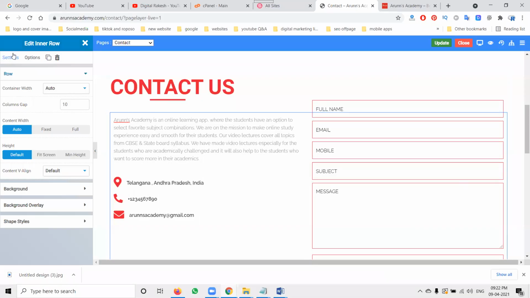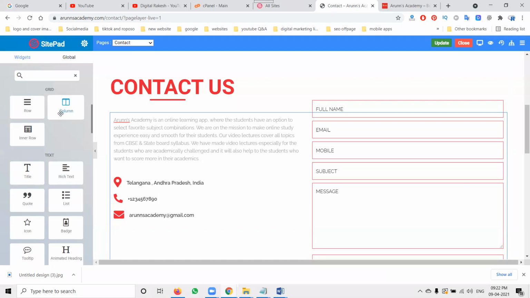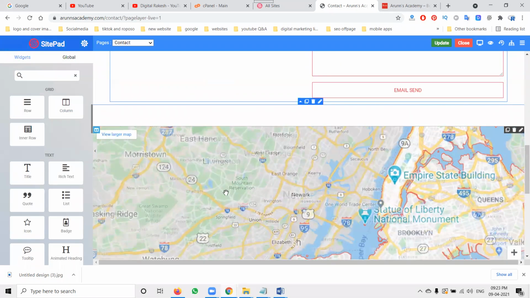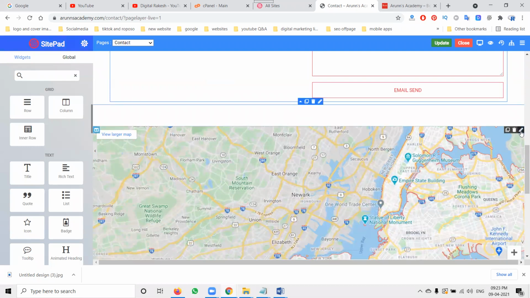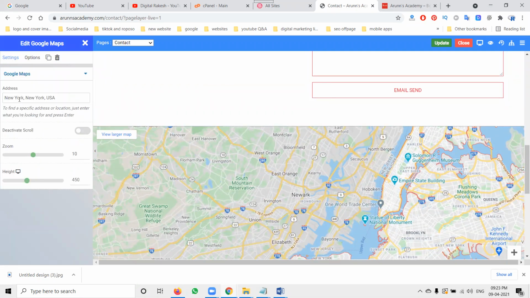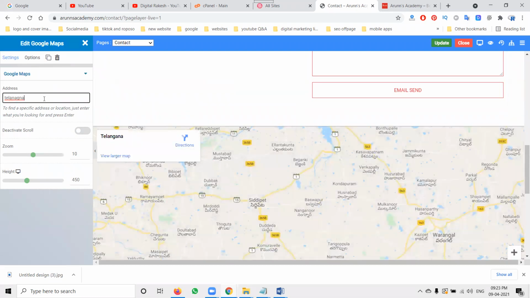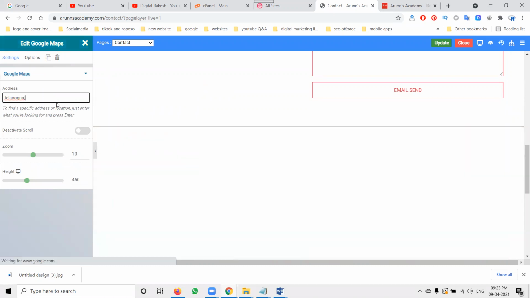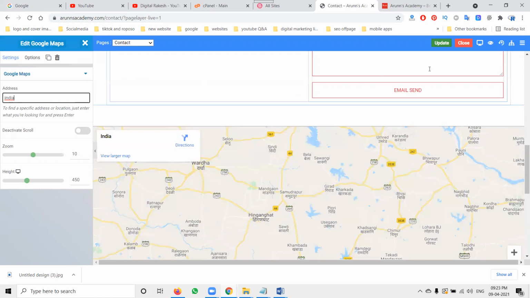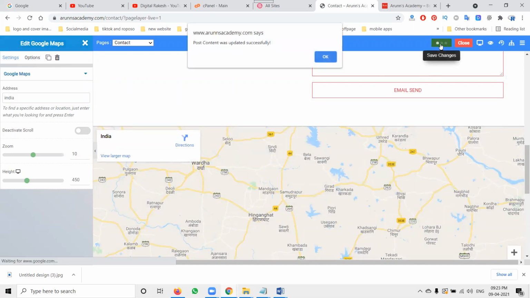So what is the working? They will receive the mail here. Now close. See this. We can change your map if required. We have to edit the particular things. We can change your map in the particular options here. So here we can use Telangana. The map will be updated for the Telangana option. Or else you can say the team will be India. So it will show the India option to the particular users.